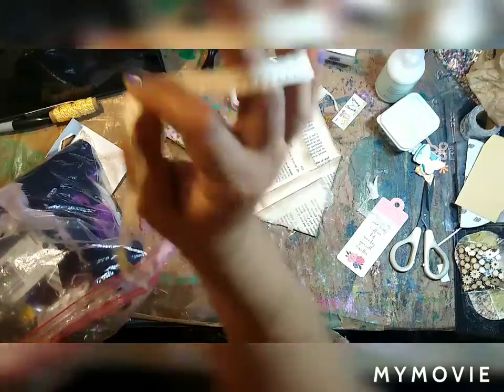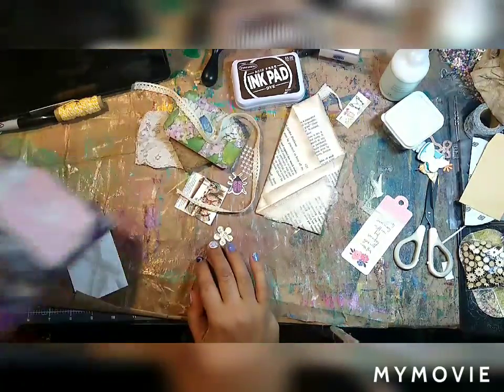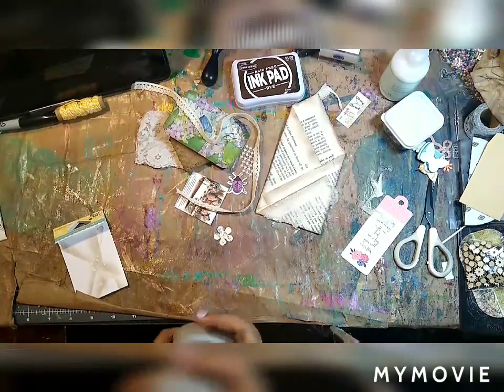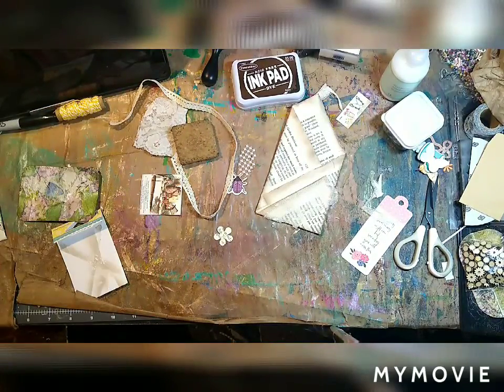So this bag here just has some extra things that I had been using while I was working on my bed a few days ago. Just finishing some things, adding some things to different journals that I was...